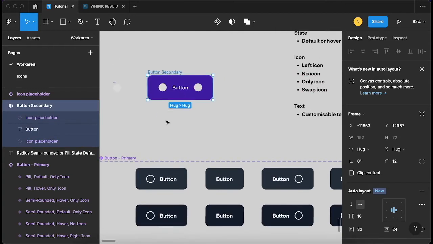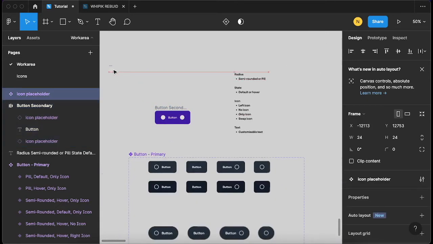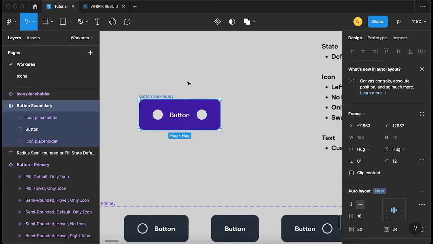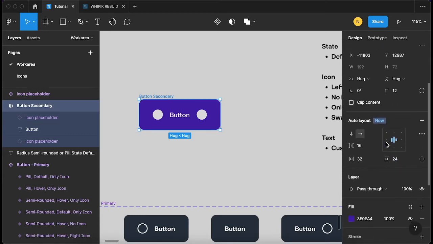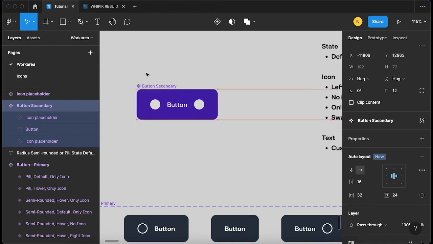Next is we need to start creating our properties. So before we can do anything like that, we need to first convert this to a component. Please note that you will not be able to apply any component property unless your element is converted to a component. So in order to do this, I can select this and then come to the top here and click create component. Alright, so our button secondary component has been created, and then we are ready to start